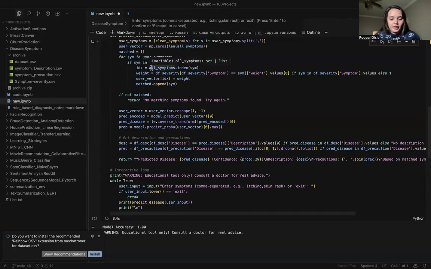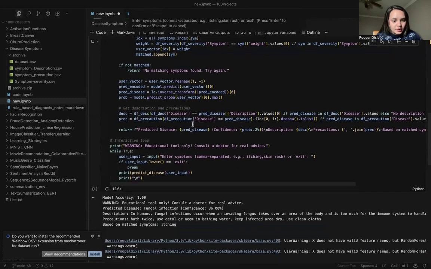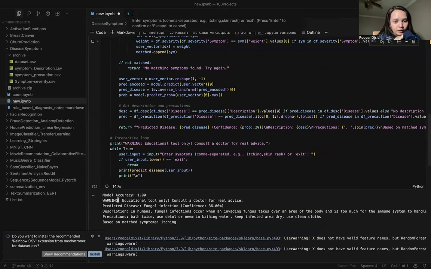Okay, I'll say itching. So you can see that I am getting a warning: educational tool. It is similar code, I'm just using different data sets for that. The predicted disease is fungal infection with a confidence score of 36%. Description: in humans, fungal infections, that I talked to you about.